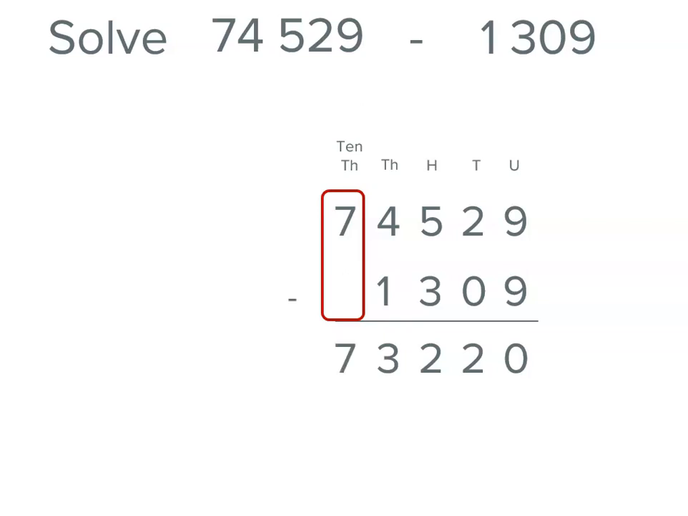Now, we don't have any more digits, but if you did, you would just keep working left. It would make no difference. You'd keep going as long as it took. So 74,529 minus 1,309 is 73,220. But you could estimate before you start, or if you wanted to, you could add back